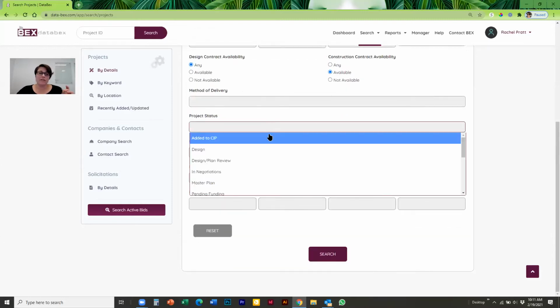We also have project status. So we have projects that we add from the CIPs. We have projects that are pre-planning. This is just like purchase of land for future development. We do track early and all the way through to completion of construction. So you can